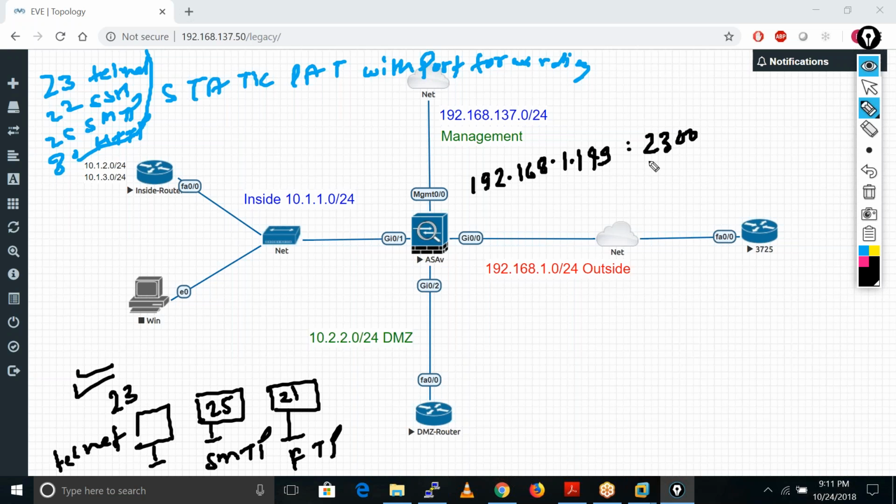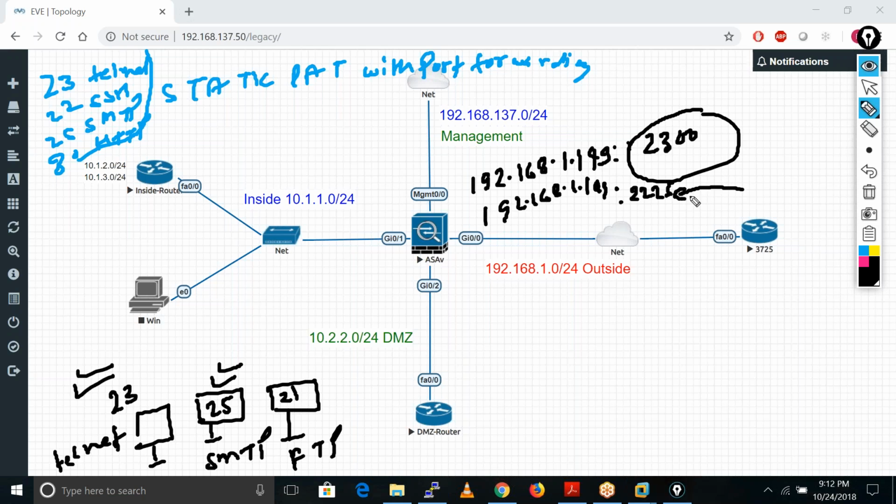Now this telnet server is available for public users on port number 2300 only. So now people are not able to easily identify or guess your port numbers, because we are doing the port forwarding. Maybe the IP address is this one, 192.168.1.149. Let's suppose we are running an SMTP service, so for the SMTP service we are using port 2525.